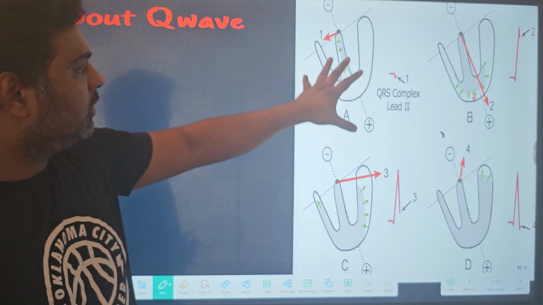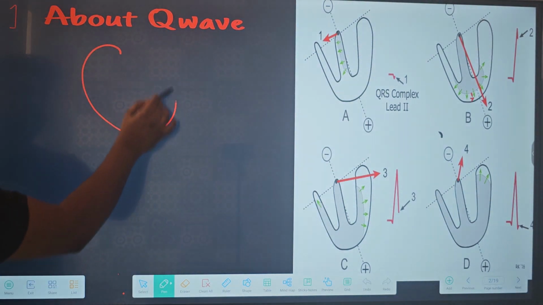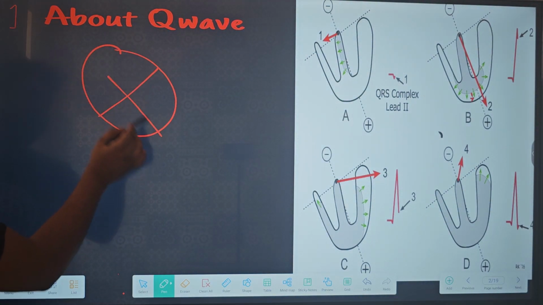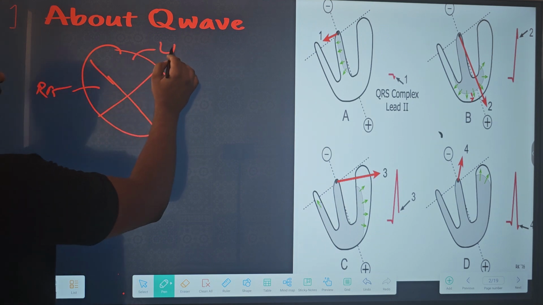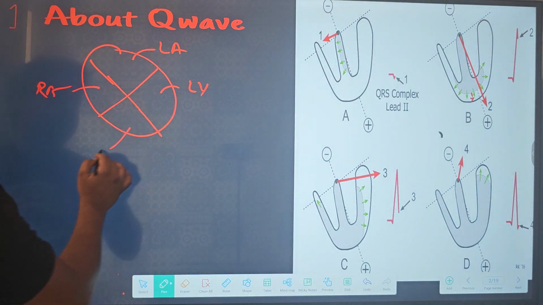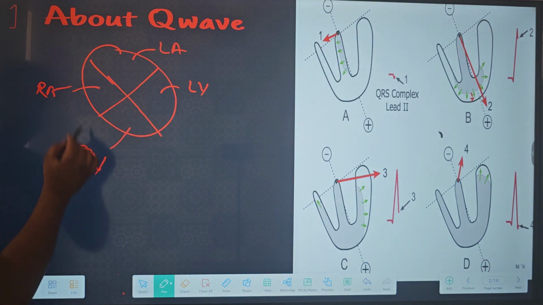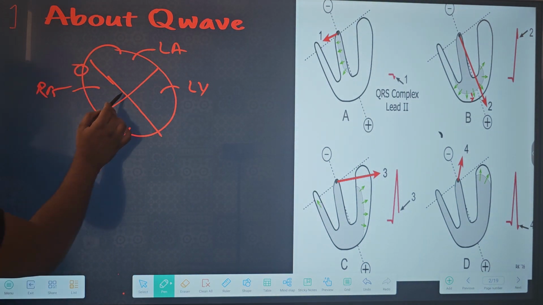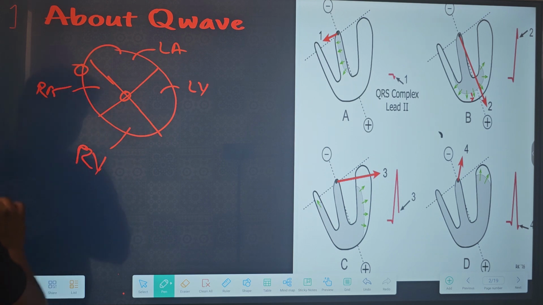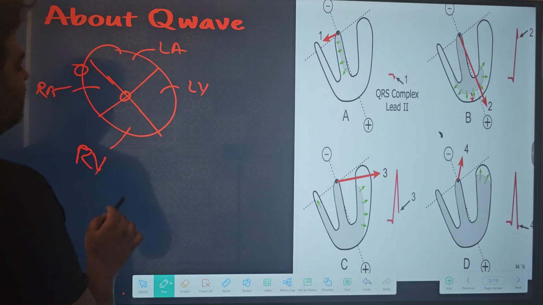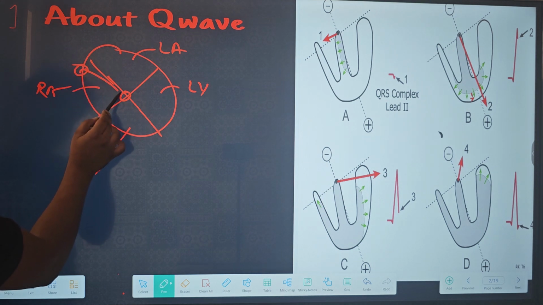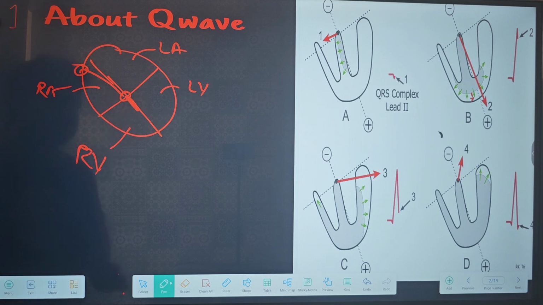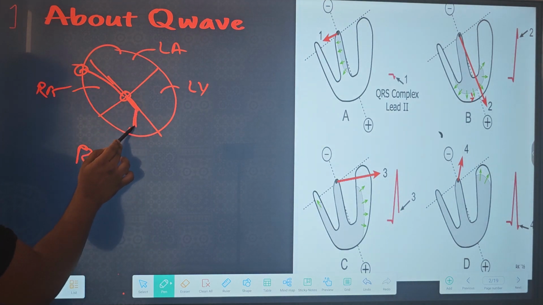Okay, we all know that this is your heart which is divided into, this is your right atrium, this is your left atrium, this is your left ventricle, and this is your right ventricle. Here it is SA node, here it is AV node. So depolarization current, that is SA node fires the current which travels from the SA node to the AV node, and then through the AV node it travels through the bundle of His, and then in the right bundle branch,